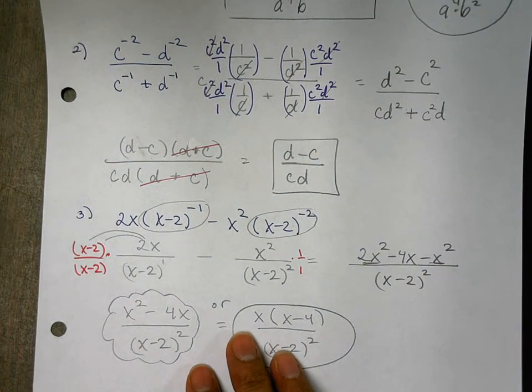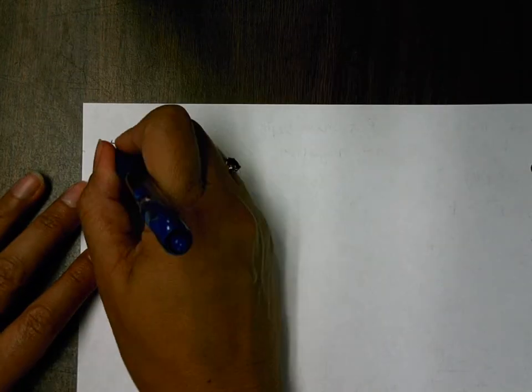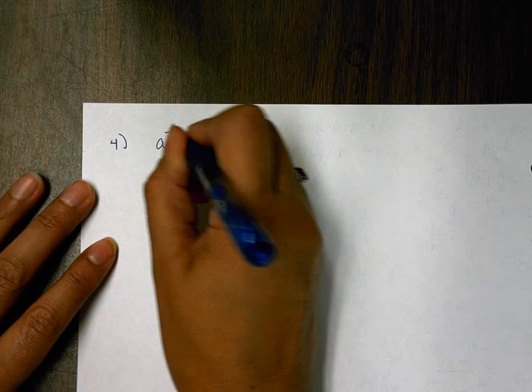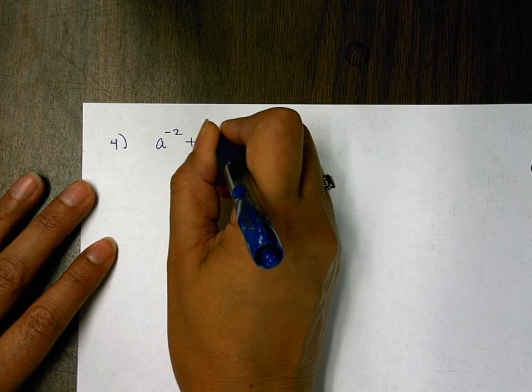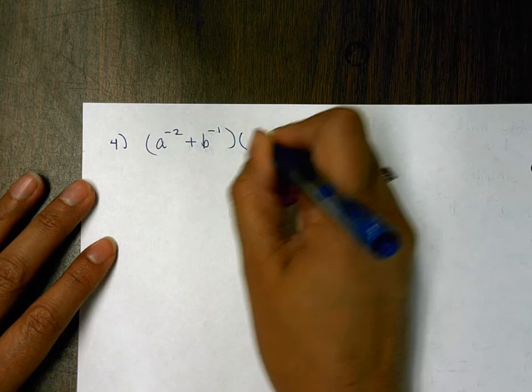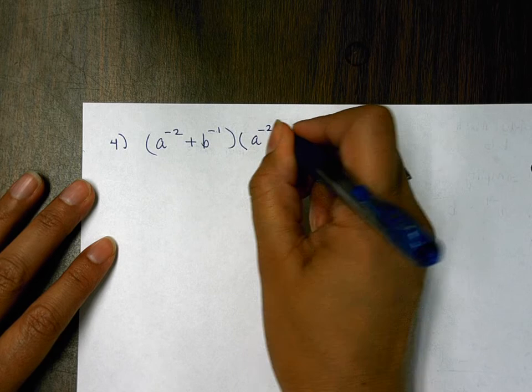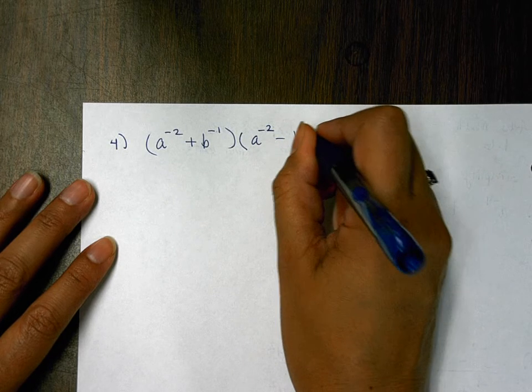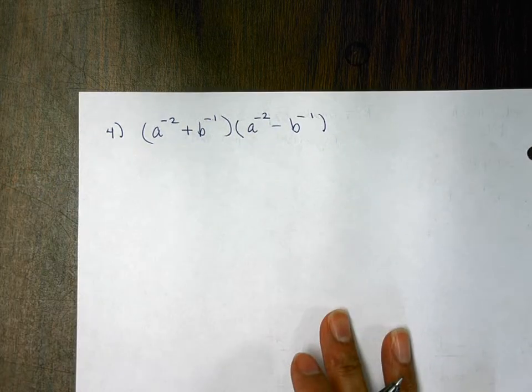All right, last one. Number 4. A to the negative 2 plus b to the negative 1 times a to the negative 2 minus b to the negative 1. This one,